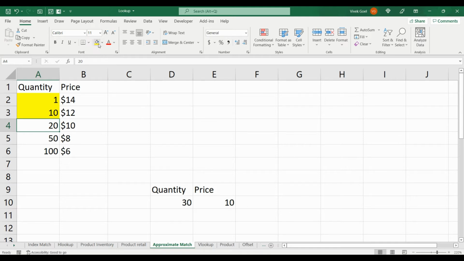The next item is 20, so that is the case. It will discard 10 and it will now start considering the price for 20. When it moves to the next row, it identifies that 50 is greater than 30, so it will stop looking and it will show the price for 20 items as our approximate match.